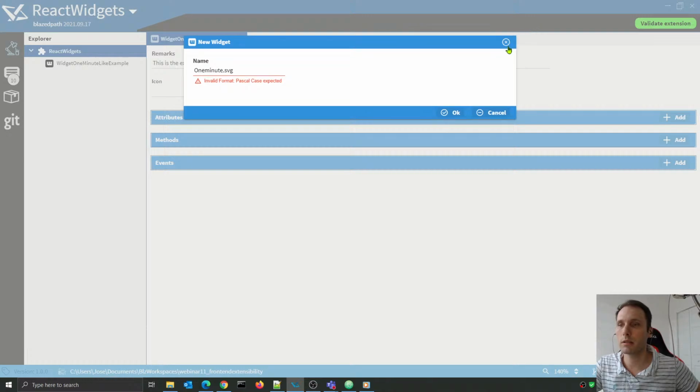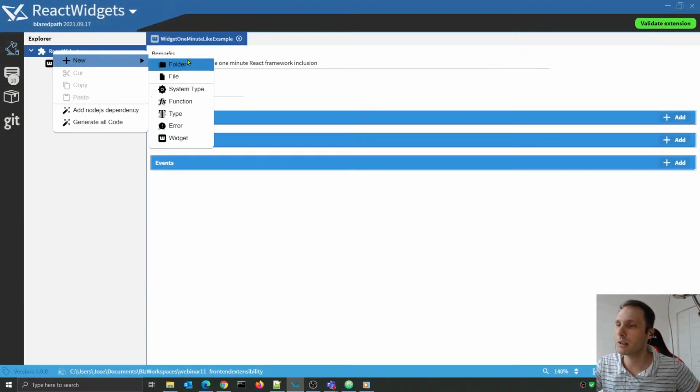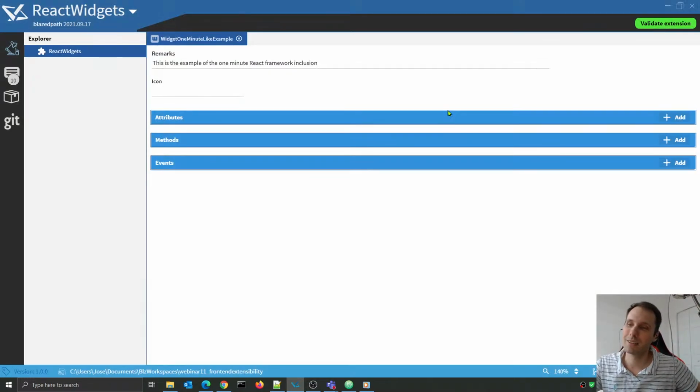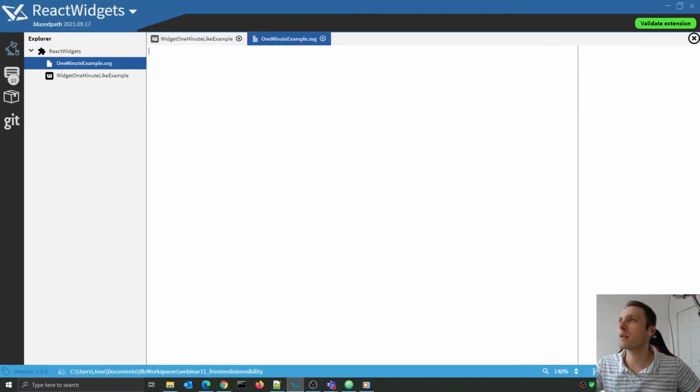Did I write? Oh, that's a widget. That's my bad. This is actually a file, not a widget. So 1 minute example.svg. I was trying to use a dot in just the name. So